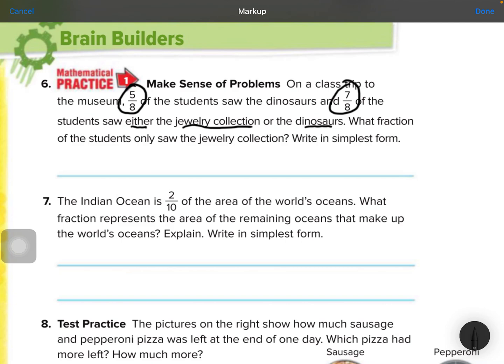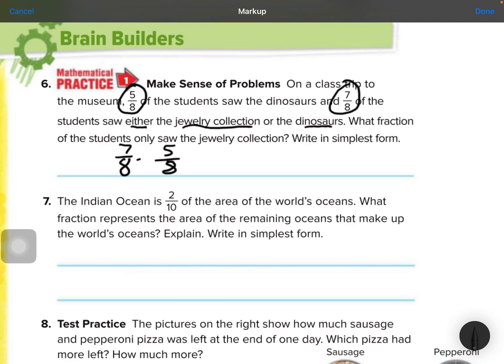So let's read this again. On the class trip to the museum, 5/8 of the students saw dinosaurs. Okay, good. We know that we're going to deal with 5/8. And 7/8 of the students saw either the jewelry collection or the dinosaurs. Okay, well, we're going to do a couple of different subtractions here. Okay, we have 7/8. So in this group of 7/8 of the students, they saw jewelry and dinosaurs. Okay, but we do know for a fact that